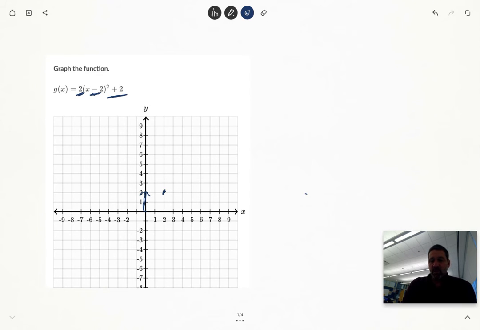So to find one other point on this parabola, we're just going to plug in a point. So it should be close on either side. So I'll do a 1 or a 3. Let's just do a 1 because it would be easy. So when x is 1, we're doing 2, and instead of x minus 2, we'll do 1 minus 2. So we're just plugging in 1 for x squared plus 2. Okay, that would give us